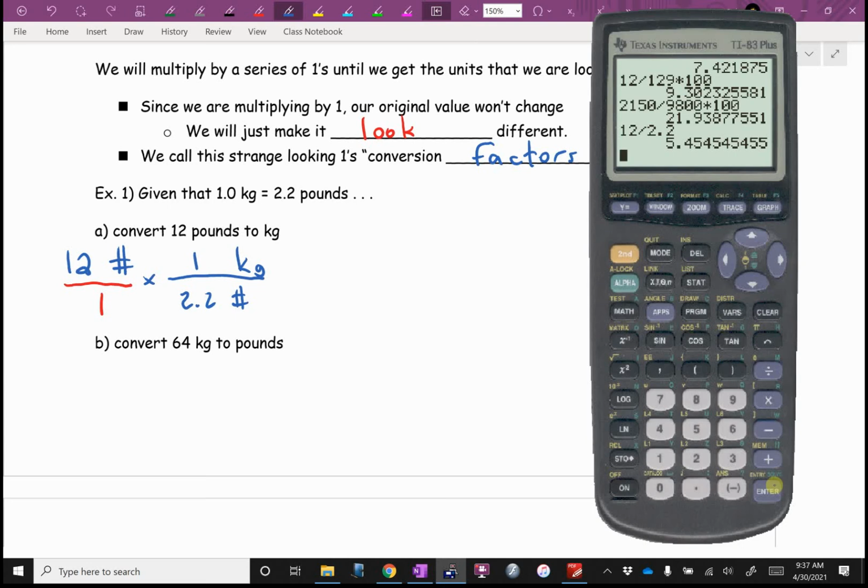12, how many sig figs? 2? 2.2, how many sig figs? Technically, how many sig figs should I go to in my answer? So,